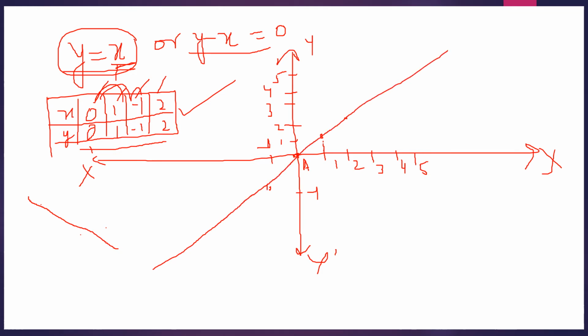Okay, when you draw it on a graph, you will get an exact diagram. So this is why we call these equations linear equations, because you can observe the line diagram we have got by solving the equation.